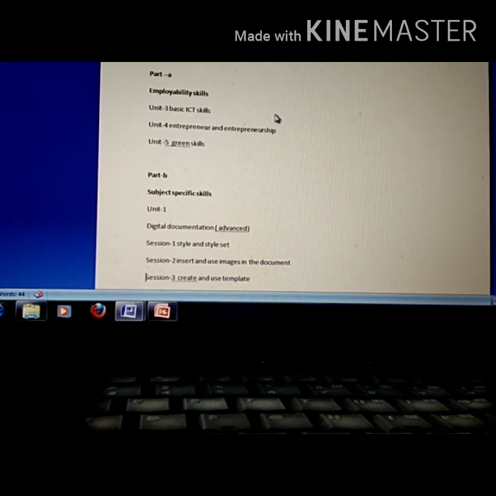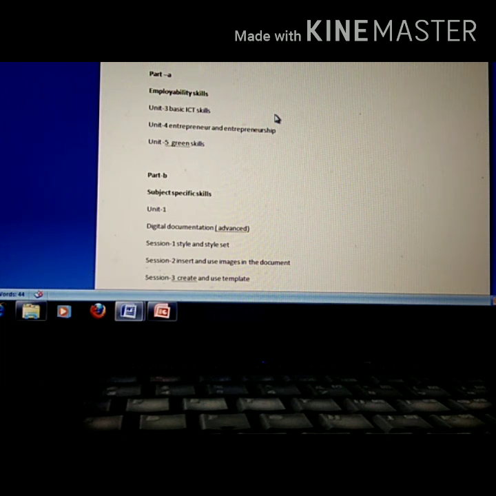All the PDFs that I am sending you, from all 5 units of part A and this subject specific skills unit, please save them somewhere, either in your email ID or in a specific folder on your mobile phone, or if a printer is available at home, take a printout. They will help you in your board exams. Whatever notes I am providing, I am taking each and every topic according to the updated syllabus. So I don't think you have any confusion now.